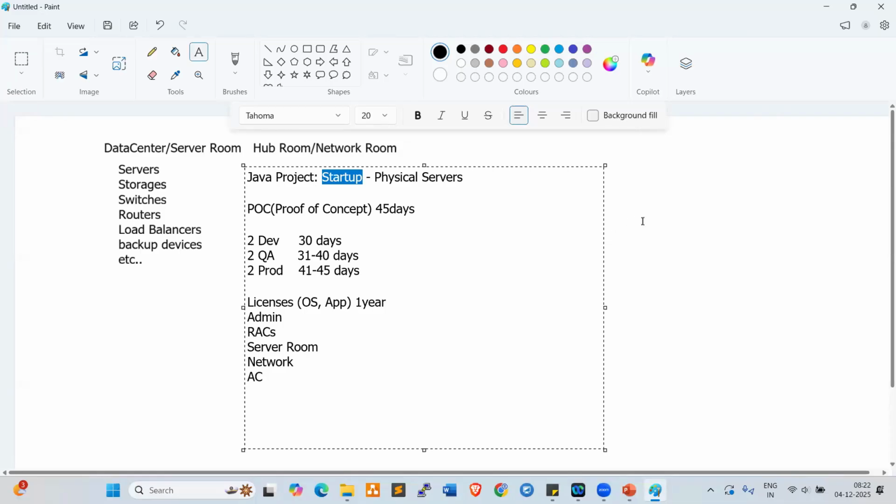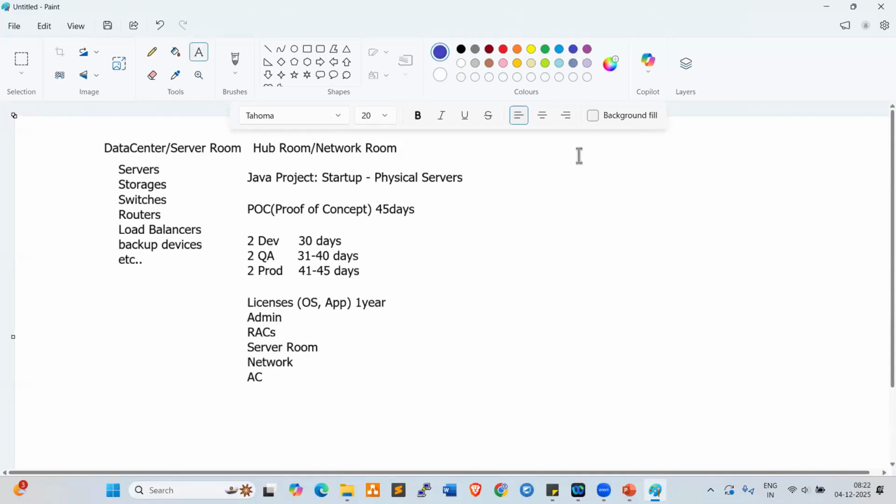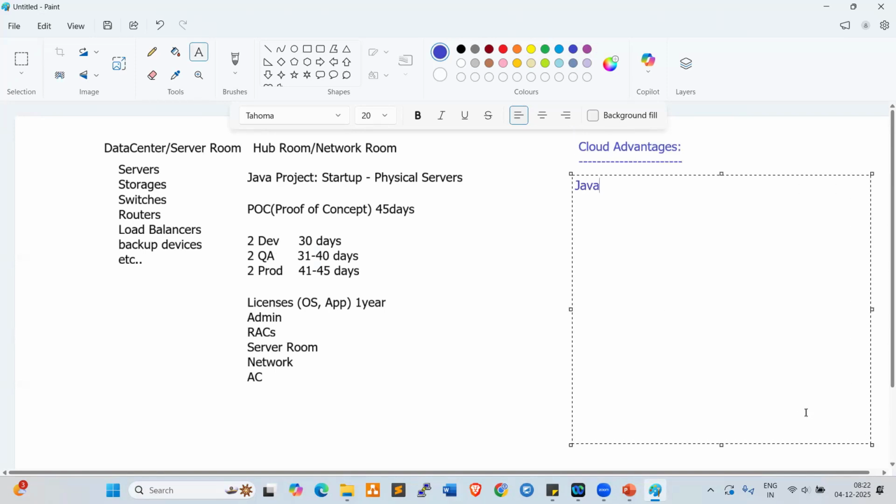So now let's try to understand the cloud advantages. This is the physical server setup, right? Now, the same Java project, the same startup company, but here we are using cloud servers only.